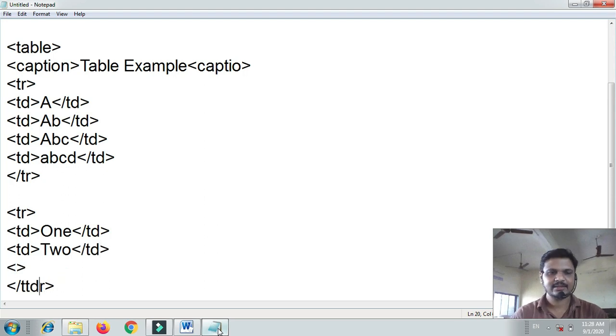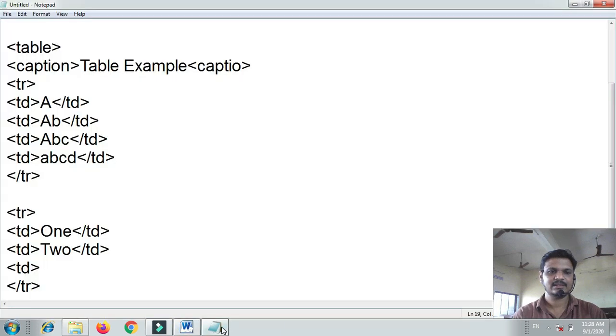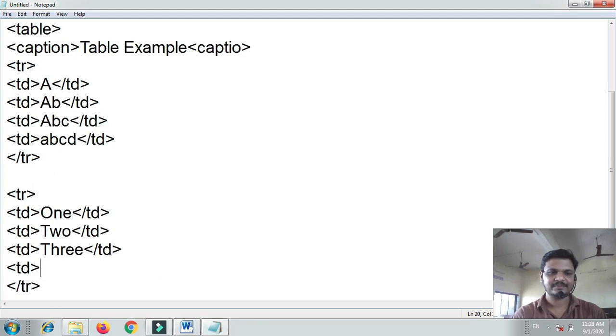The next td, table data, inside td 3, then again we use td. Now inside td I'm going to add another text, 4, td close.